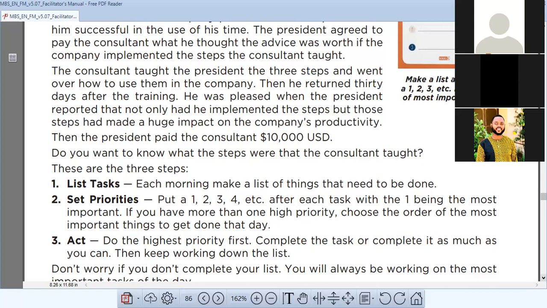So he said the first thing is list tasks. Second thing is set priorities from those tasks. And the last thing he told him to do was do the highest priority first. So if you have listed maybe 10 tasks for the day,